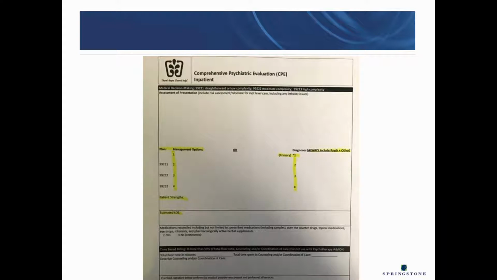So a 99222 has the number 3 next to it for under management options. What that means is for a 99222 you need to come up with at least 3 management options that you're going to